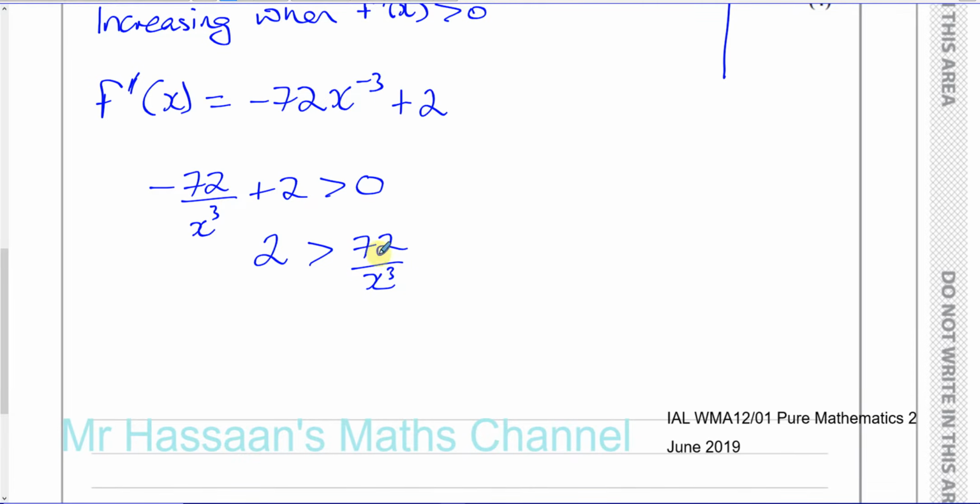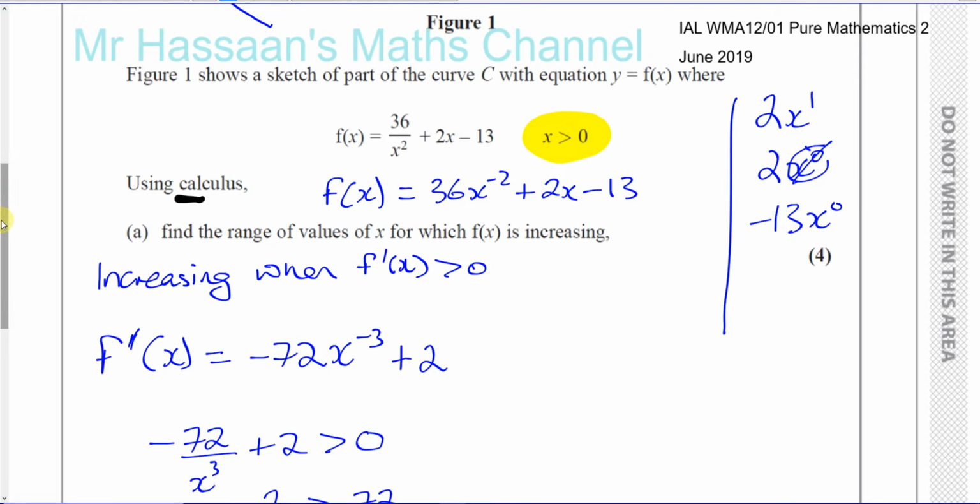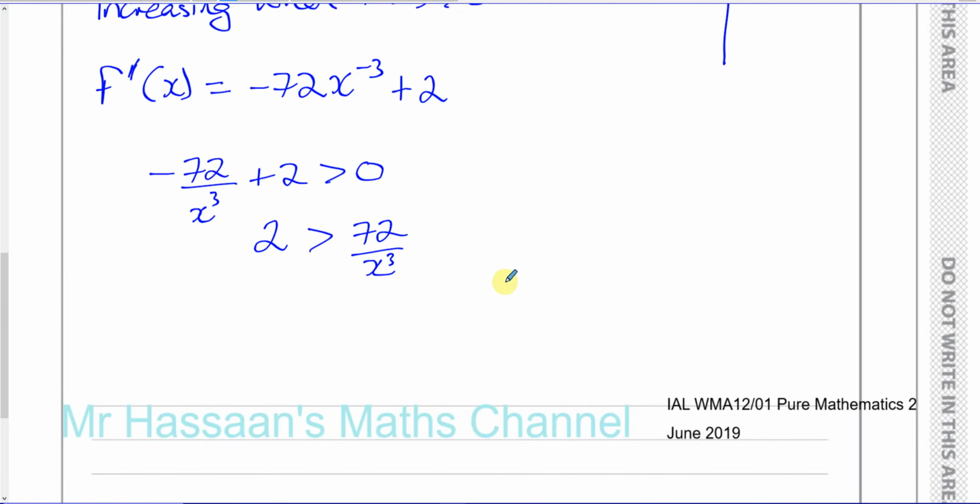Now, if x was able to be a negative number, then you cube a negative number, you get a negative number, and to get rid of this fraction, you have to multiply both sides by x cubed. Doing that when we don't know whether x is positive or negative is a problem, because then it could mess up our whole answer. So what we would have had to do if we didn't have the piece of information which they told us, where x is greater than 0, so x is definitely positive, so we don't really have to worry about this. If they had not told us that piece of information, then we would have to multiply by an even